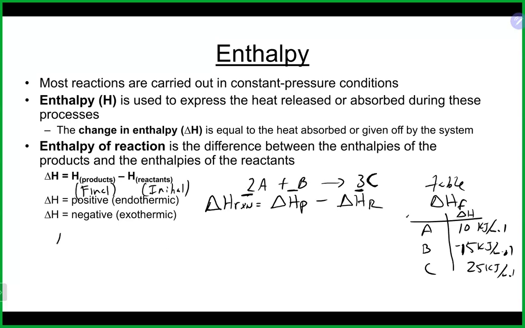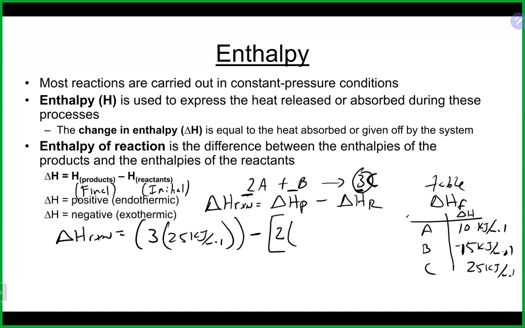So in this case, our delta H of our reaction here would be 3, because that is the coefficient, times the value of C, which was 25 kilojoules per mole. We would then subtract it from all of our product sides. So on our product side, we have A. Once again, we would have to take 2 times the value of A in the table, which would be 10 kilojoules. We're going to add it to B. In this case, the coefficient is 1, which means you really don't need to put the 1, but I'll put it here if you want. And that'll be negative 15 kilojoules per mole. And that's our